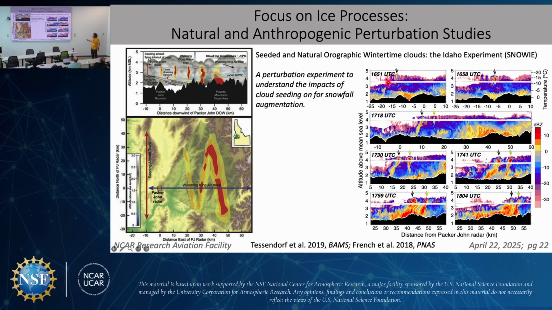So here we're looking at the vertical cross sections with the Wyoming Cloud Radar at a time span of about an hour and a half downwind of the mountains. And I want to point out two signatures. This signature that showed up at 1651 that advects a little bit further downstream at 1658, and about 20 minutes later at 1718 with a second one showing up. And we're able to track these downstream and look at the evolution of the reflectivity pattern with time as these seeding signatures